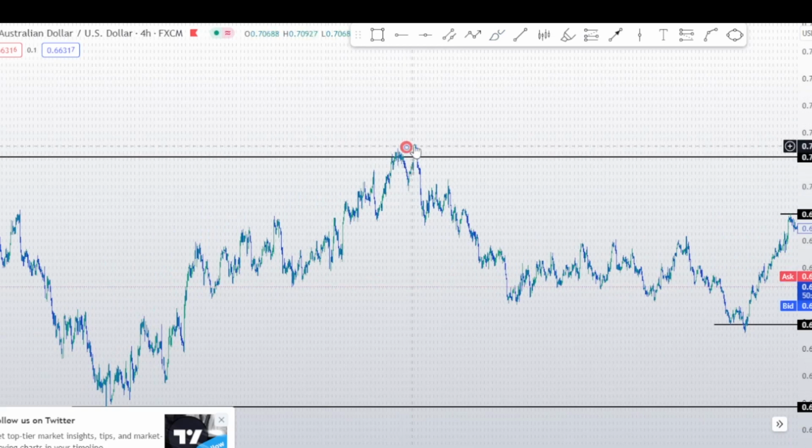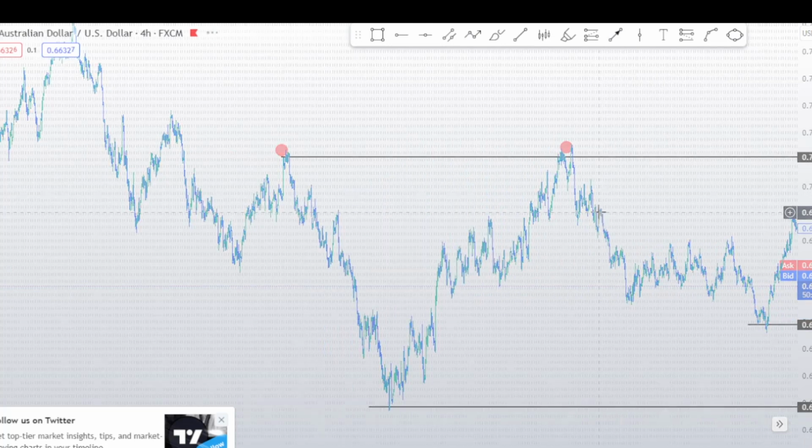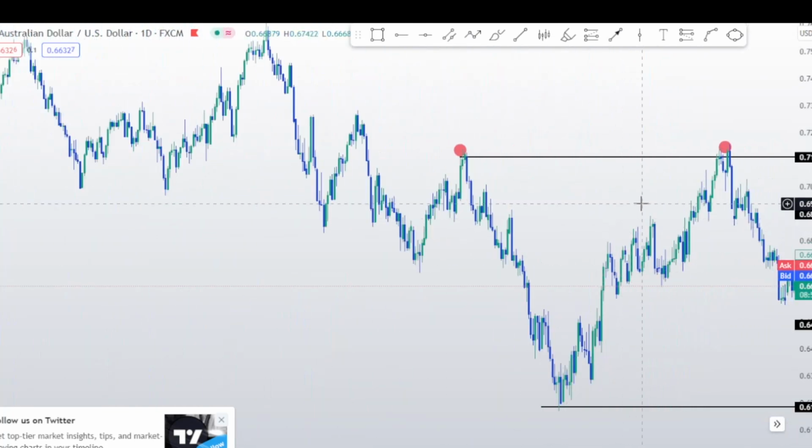By consolidation, on a higher time frame it can be a few candles, but on a smaller time frame you're going to get a lot of candles, which will indicate, or your indicator will show you, that this is a consolidation or a ranging level. Some call it a ranging level, some consolidation. So when the market gets to the key level, remember that you wait for the consolidation